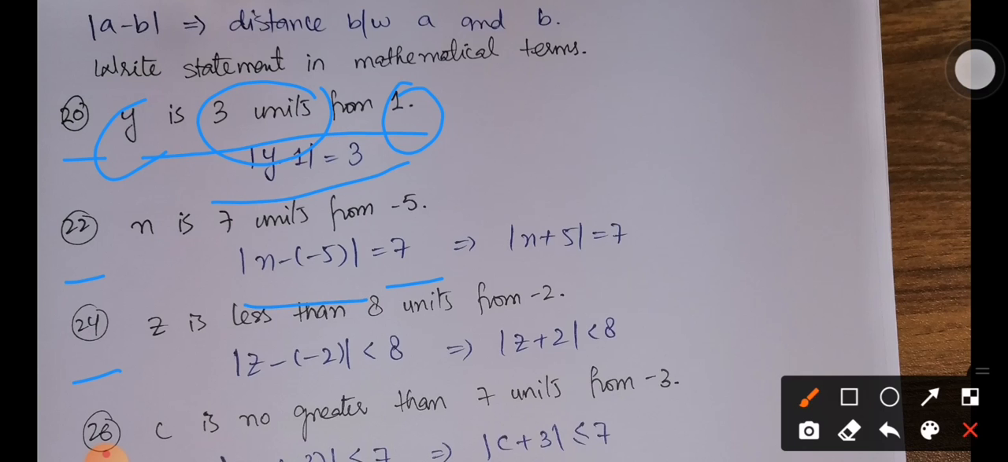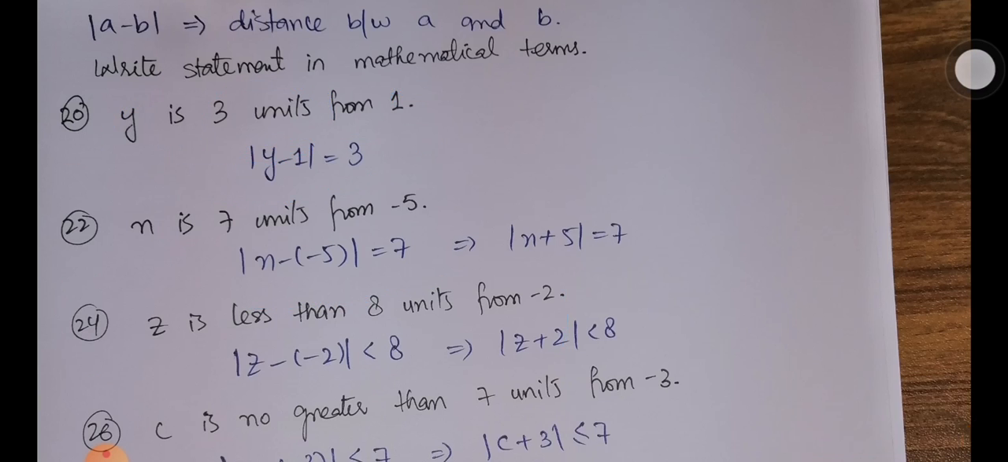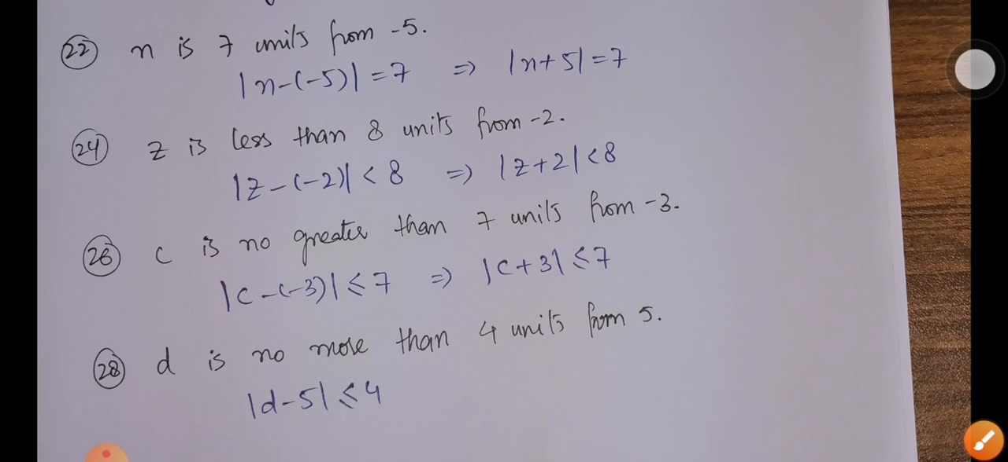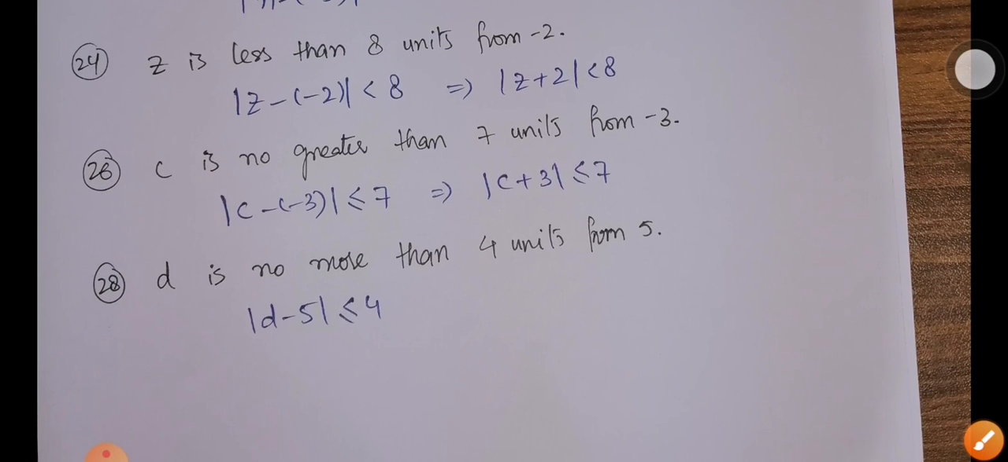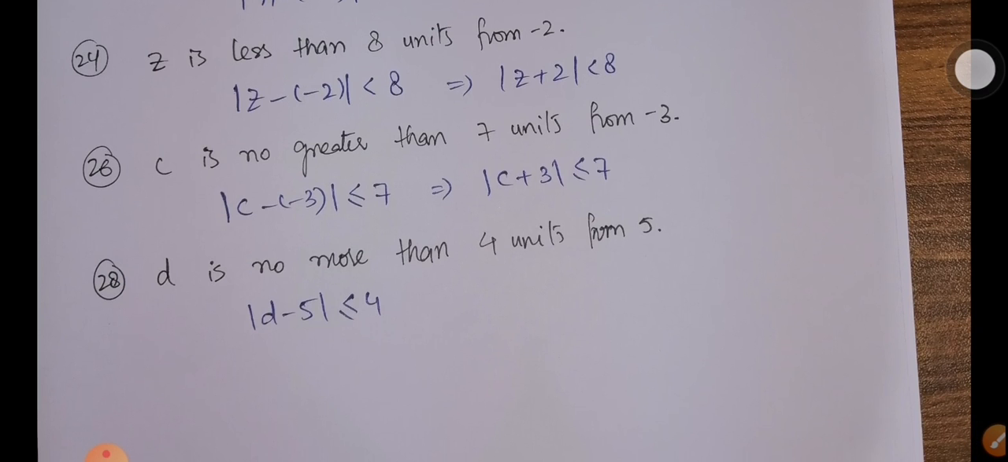Then we have question number 24, z is less than 8 units from minus 2. So we can write it as the mod of z minus (minus 2) is less than 8. This is the corresponding expression over here. Then we have question number 26, c is no greater than 7 units from minus 3. It means the mod of c minus (minus 3) must be less than or equal to 7,